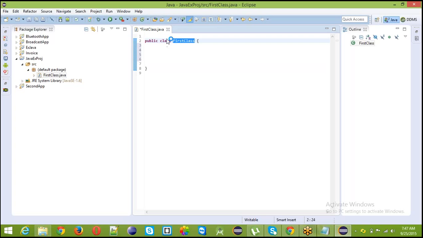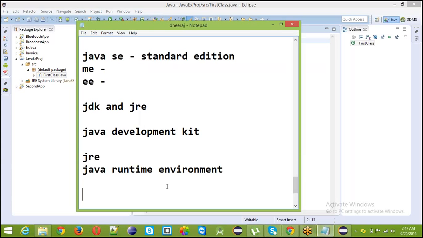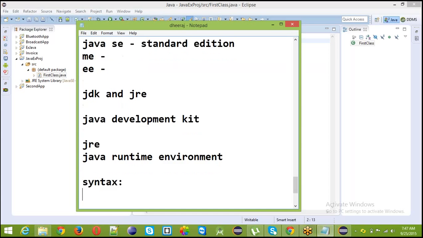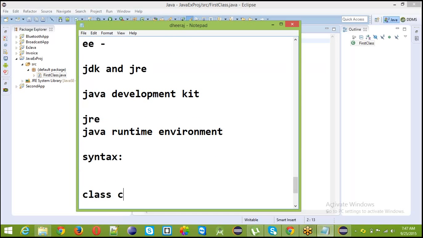This is syntax. Syntax is nothing but some rules we have to follow. Every language has some syntaxes that we have to follow. So the syntax for a class is: class, then the class name.